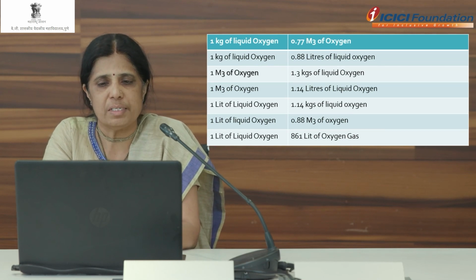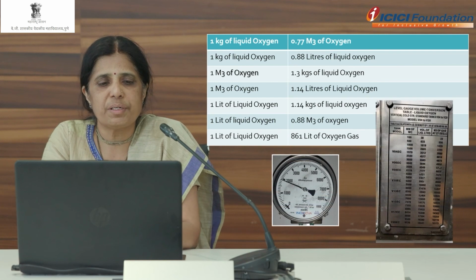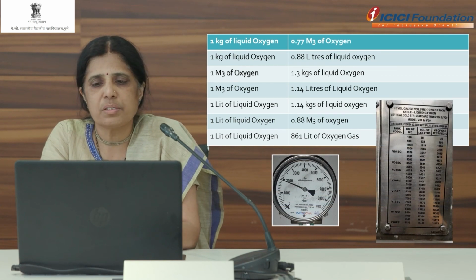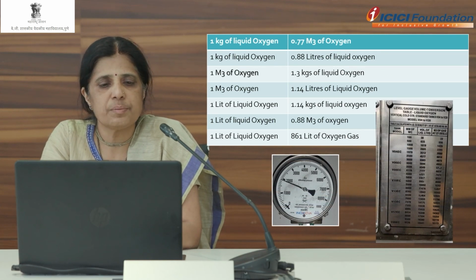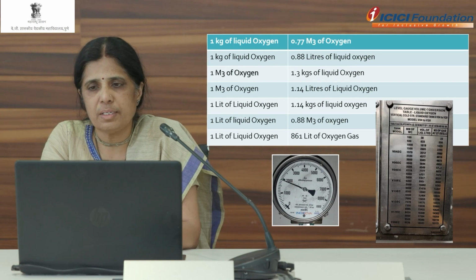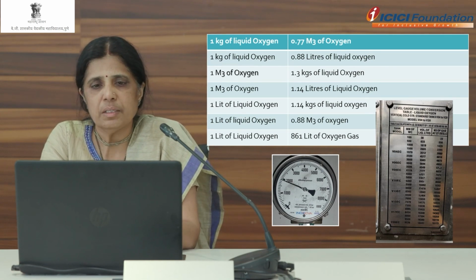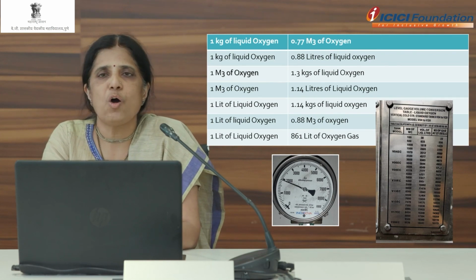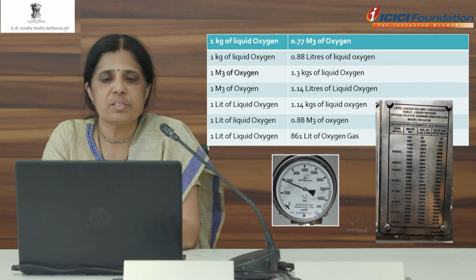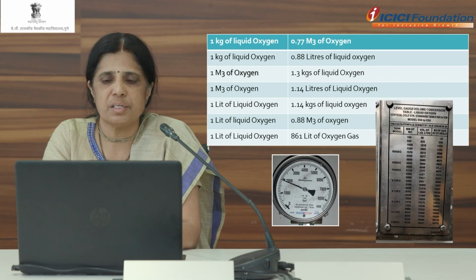liters of oxygen gas. Here I have depicted two figures of our oxygen LMO gauges. On one side, on the round dial, we can see how much oxygen there is in m³, and on the right hand side we can see the chart. So from the dial we can see the amount, and from that chart we can see what that dial reading corresponds to in kL of oxygen available. So that is a direct connection between the gauge available and the chart given to us.